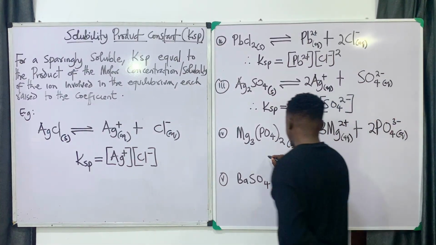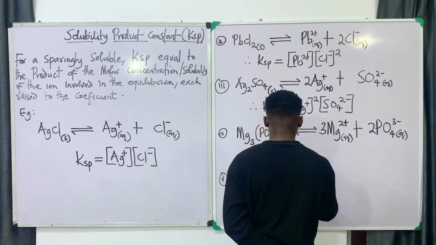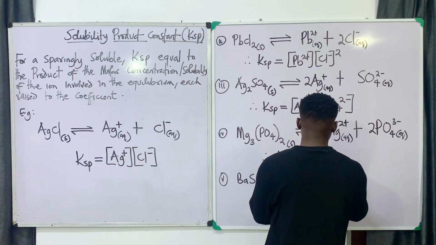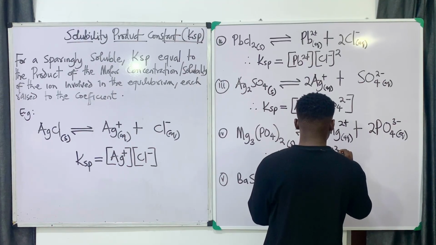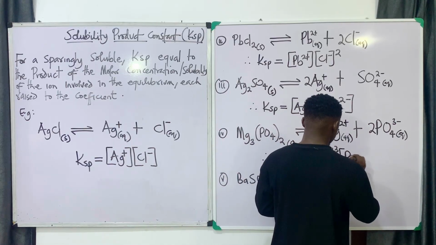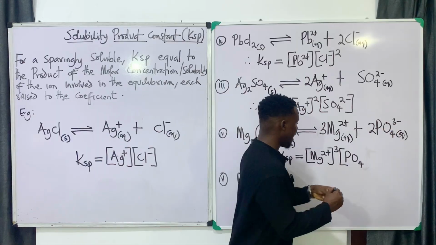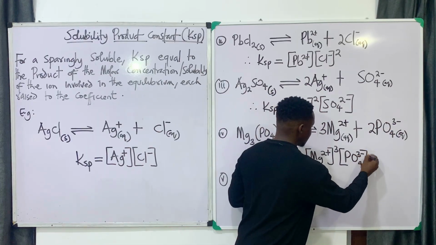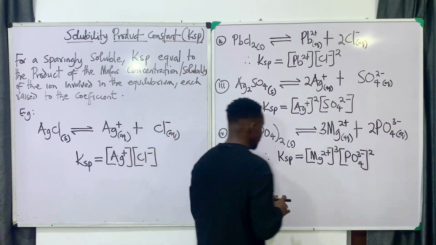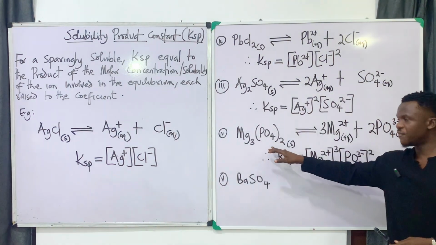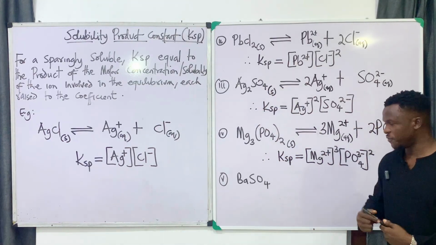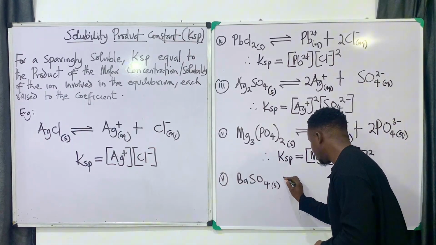So my Ksp becomes equal to Mg 2 plus, you raise it to 3. PO4 is 3 minus, and the coefficient is 2. So we have written that for magnesium phosphate. This is magnesium phosphate, silver sulfate, lead chloride, and barium sulfate. So the next one is going to be